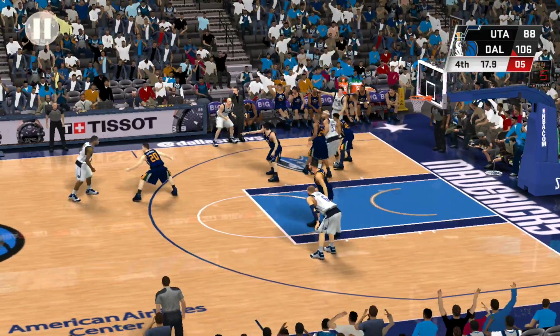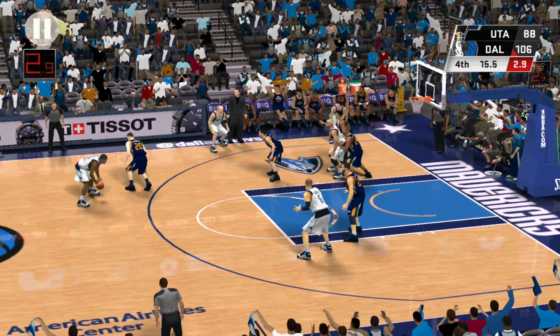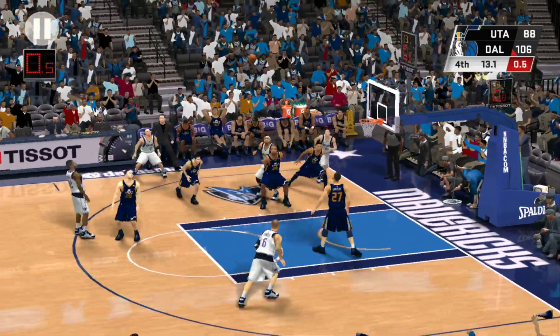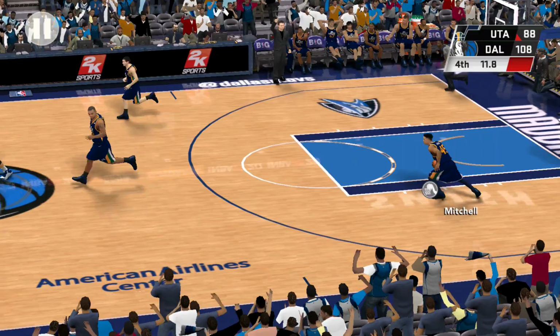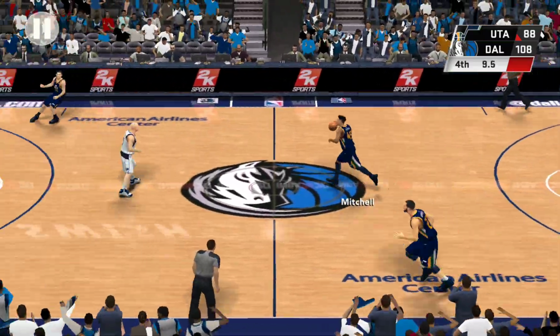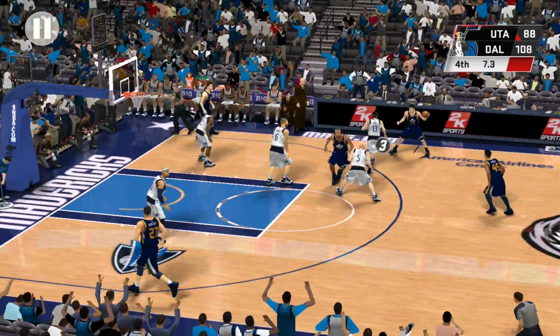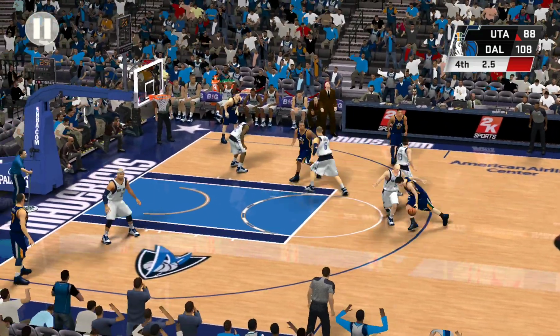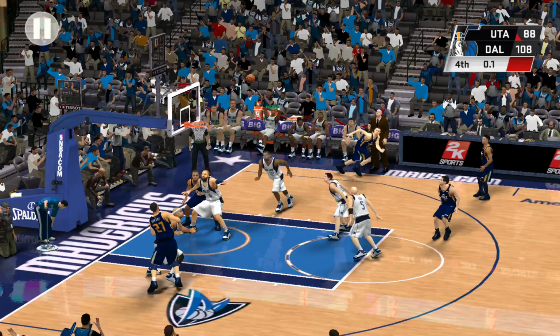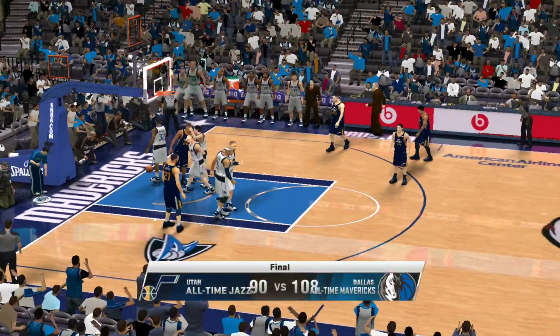Six on the shot clock. Mashburn. And it's Dallas with another. Pass to Hornacek. Here's the screen. It's good. So we see the Maverick